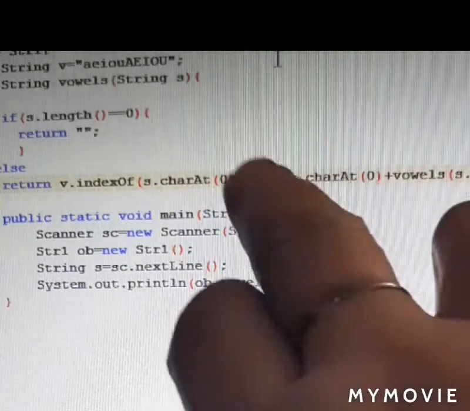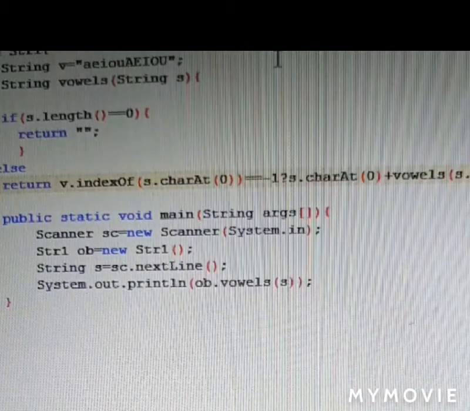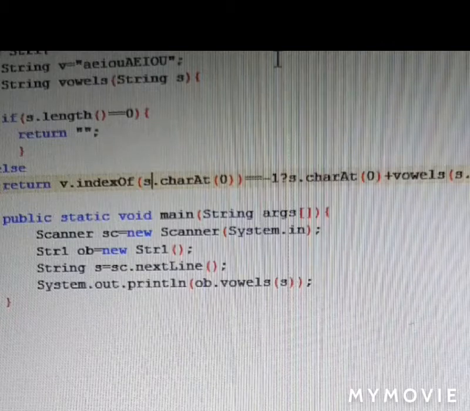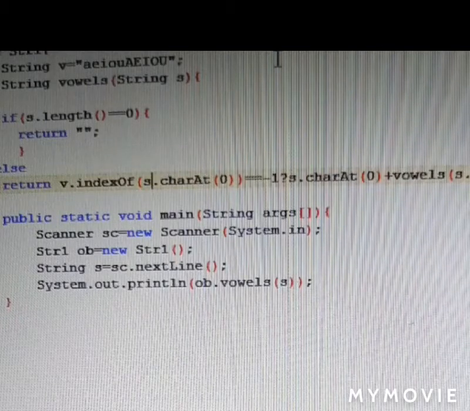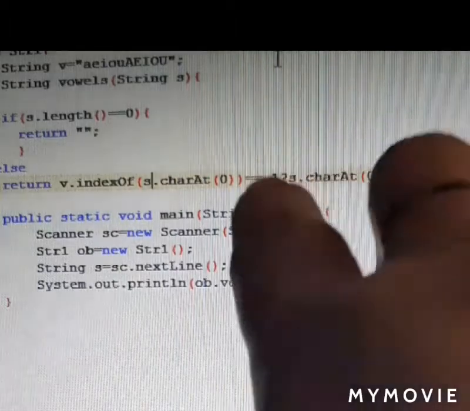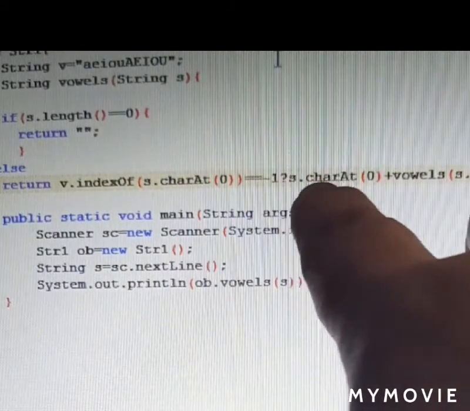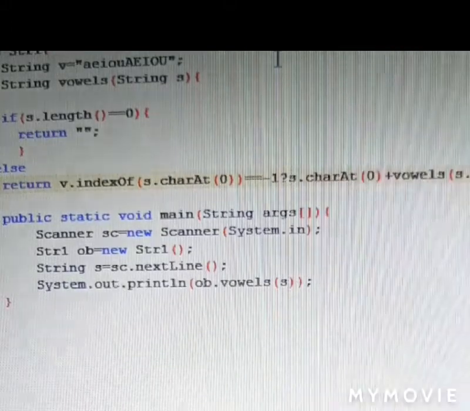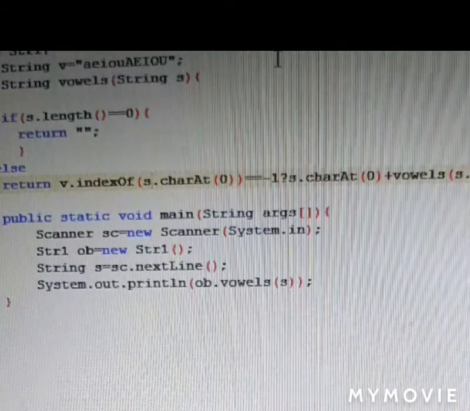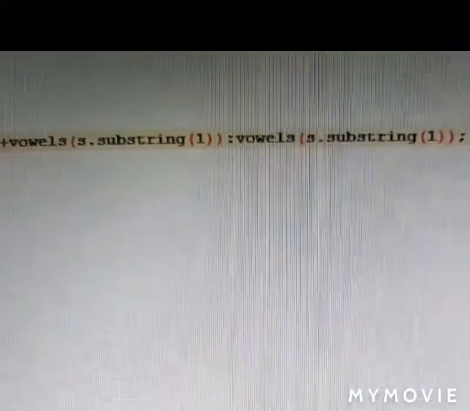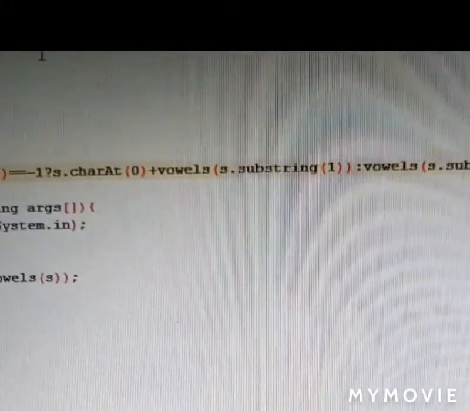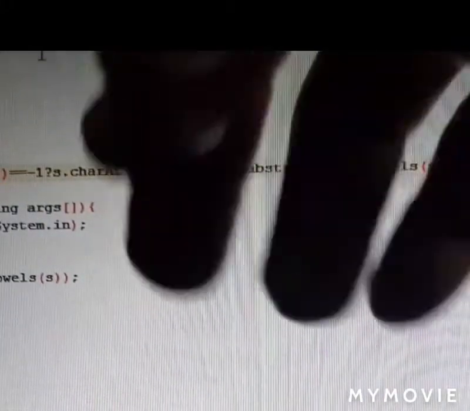So it is not going to return -1, but it will return a position not equal to -1. So it will not keep here s dot charAt 0 because the condition is false. So it will go to the else part and send the string from A onwards, AT.